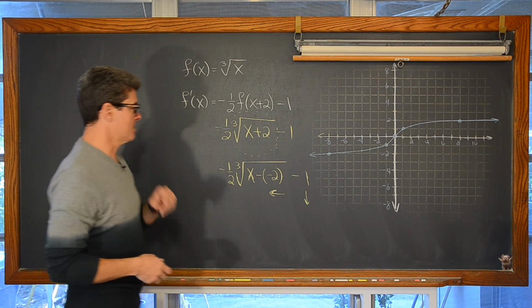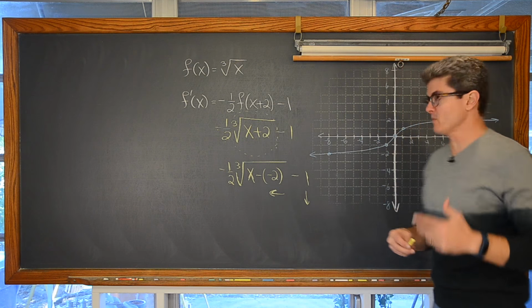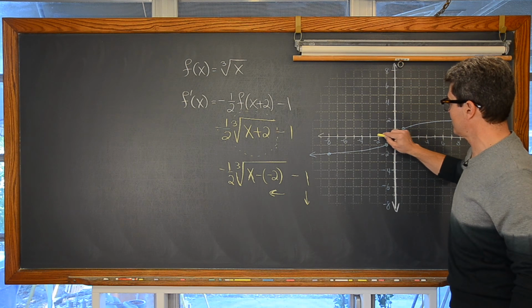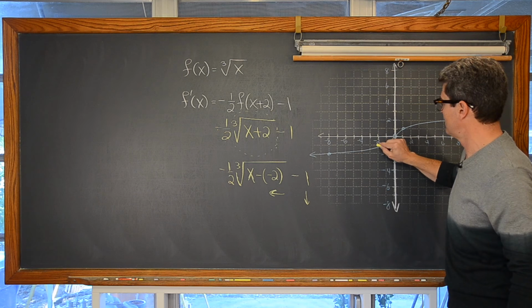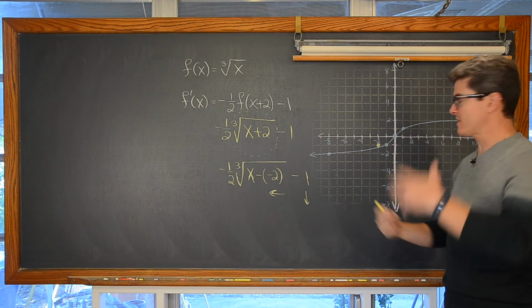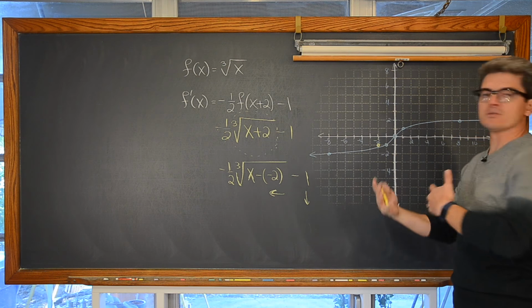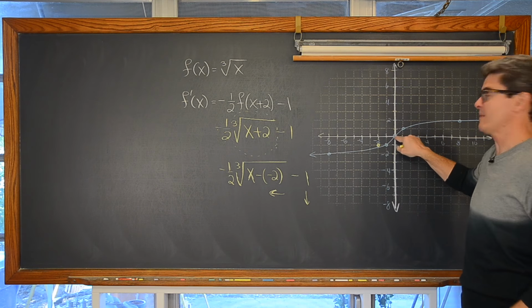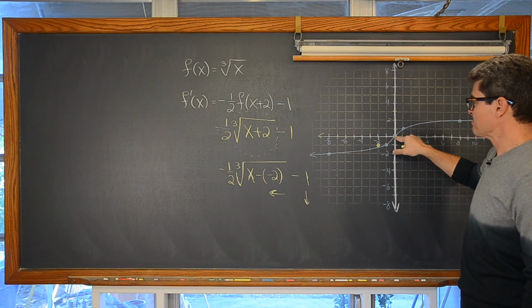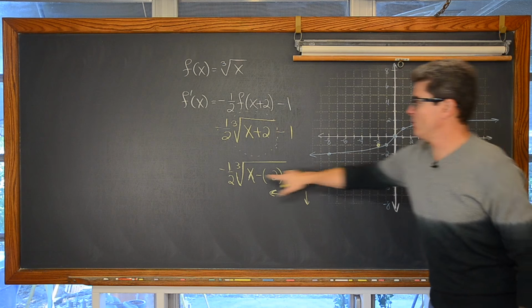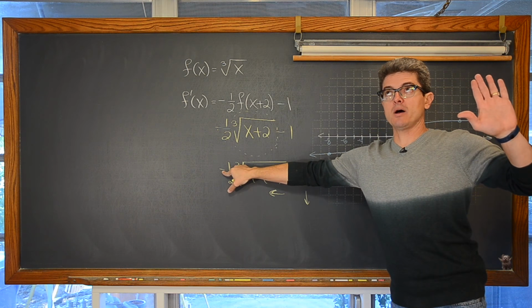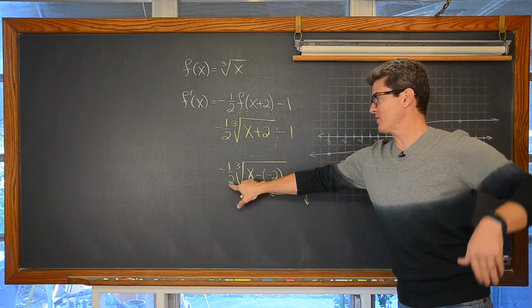So this is a lot going on here. Well, the easy point is the 0, 0. That's going to get pushed left 2 and down 1. Don't have to worry about vertical stretches and horizontal stretches and reflections if we're talking about 0, 0, because nothing happens. Now, to the right, we were going up, but with the reflection over the x-axis, we're going to go down, and we're going to go down half as much.